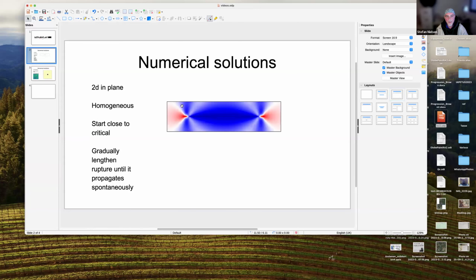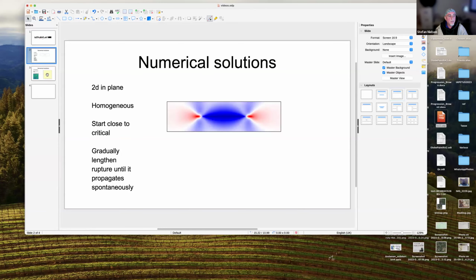So there are several tricks that you can use. One trick is to add one rupture at a time until it propagates, but that's a sort of quantized approach. So you can overshoot very easily the ideal solution. The other way to go around this is to increase the load very gradually on a crack which is of prescribed length until it propagates. And here I show the stress concentration and the way the rupture tips start to propagate and accelerate. And this, I solved it for a homogeneous model.